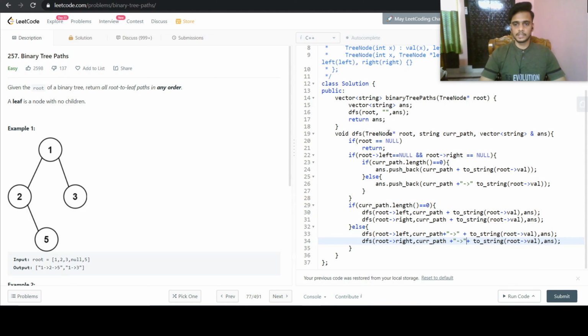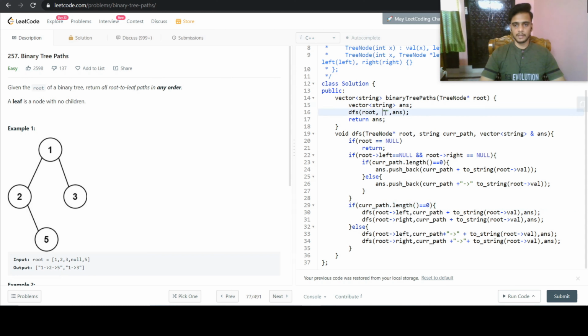So what our function will do here is, if we initially are at the root position, first it will check whether the root is equals to null or not, and if the root is not equals to null, then it will check the next case whether it's a leaf node or not. So if it is not a leaf node, then it will go to these cases. So it will check whether we have something in our current path or not.